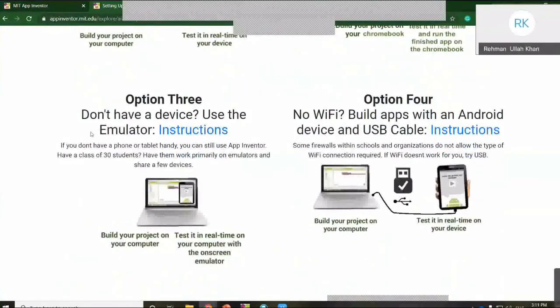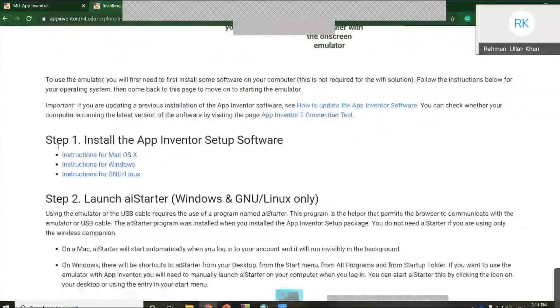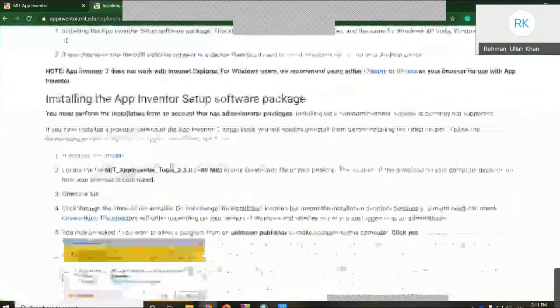Okay, third option is the emulator. So how to do emulator? Let's click the instructions. When you click this instruction, you will get these options, that the software you want for Mac OS or for Windows or for Linux. So we want for Windows, anyone who wants for Mac, you can click that one. So for Windows, you click this, and then